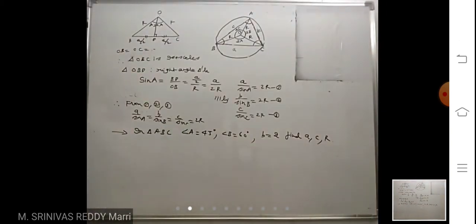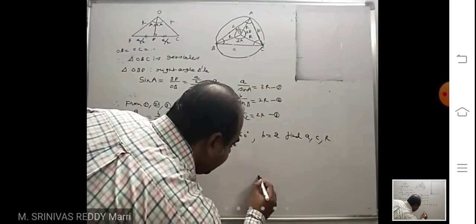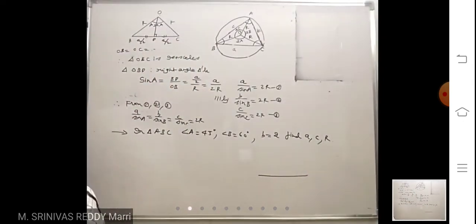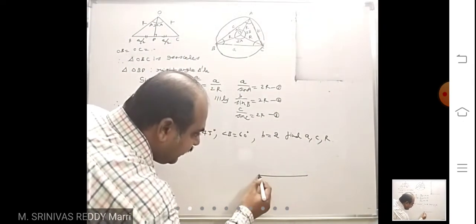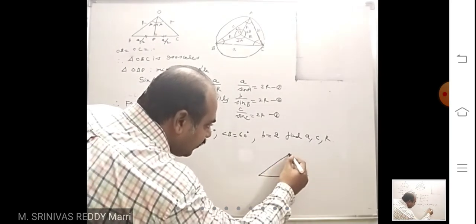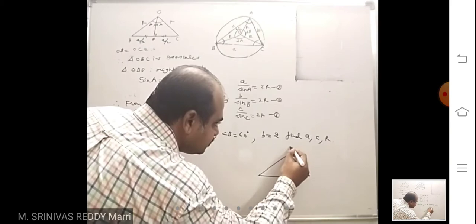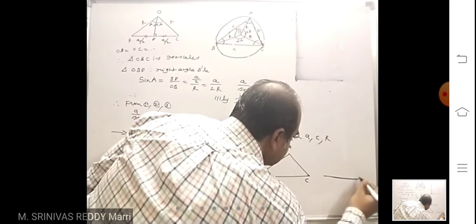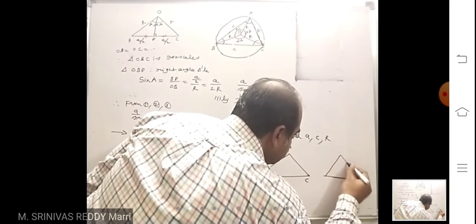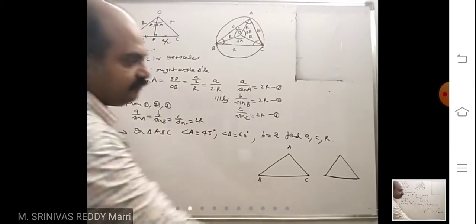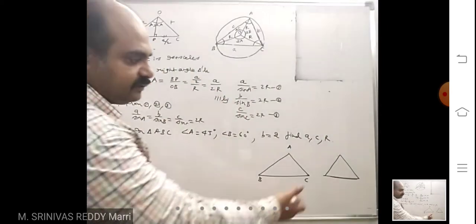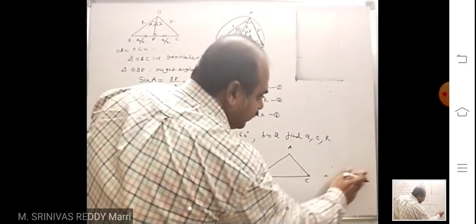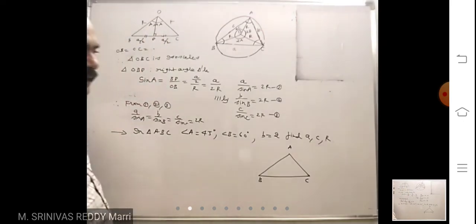Look at the problem. Whenever a problem is given in this chapter, draw a triangle. When you draw the triangle, don't draw it equilateral. Draw a line and then an inclined line like this. Don't draw it the other way, because then if you want to draw the altitude, you cannot. If an equilateral triangle is given, then you draw an equilateral triangle.